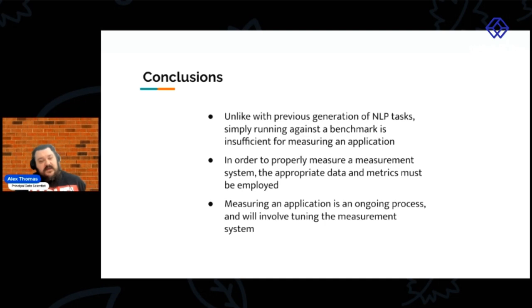So, for example, if you have one of these data sets out there and it's measuring a bunch of generated summaries that are generated in a way that's completely different to how your system generates summaries, they're not really going to tell you as much information. You also need to understand the metrics and how they work, and how for different data sets and different tasks, you might need different metrics. And then finally, measuring an application is an ongoing process, and you need to tune your measurement system. And this field is developing, so there's the tuning of the measurement system, which will always be the case. But there's also, you want it to keep up to date with what the current measurement is as this field develops.